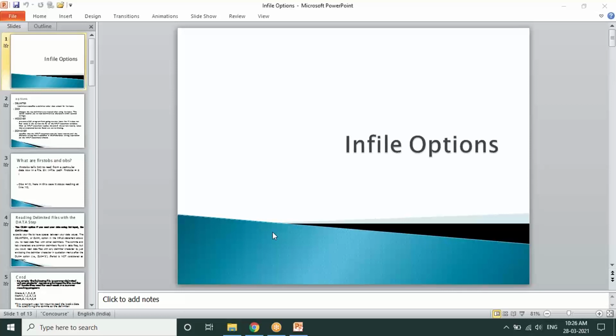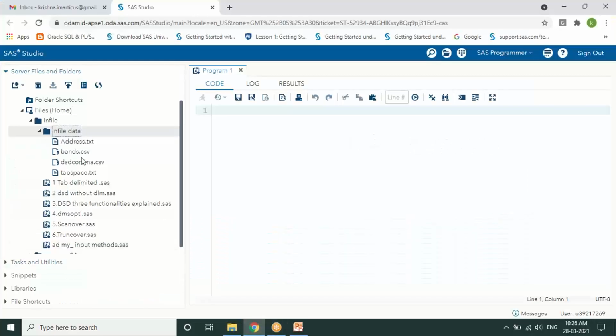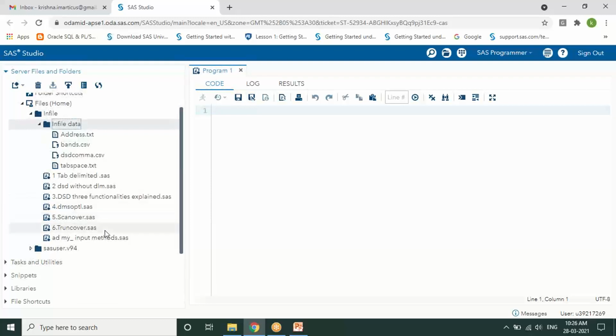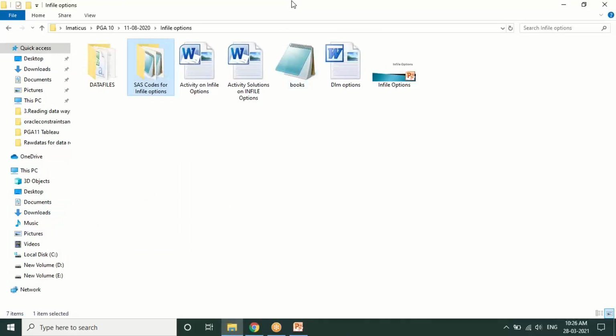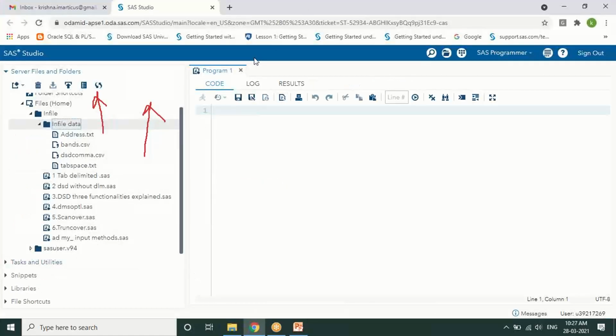So what should I upload? Data files, right? Both are there. There are a few data files as well as the codes, so try to upload both. One is the data files and the other is the SAS codes. Upload both into your on demand so that once we understand and execute, you can follow me with the same thing for all the options we are running through, and understand in parallel along with me.